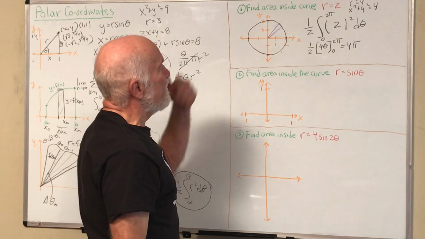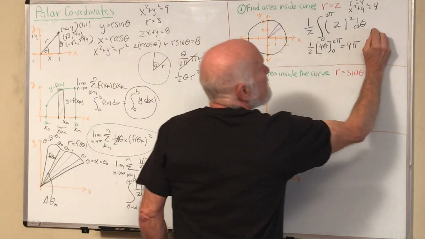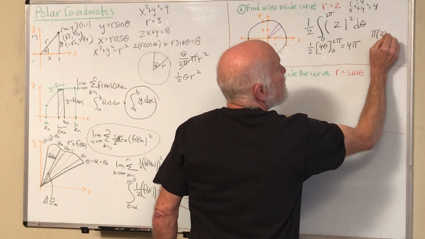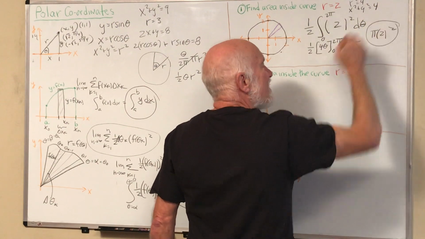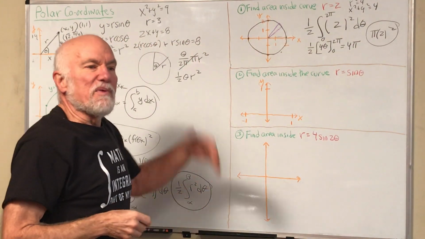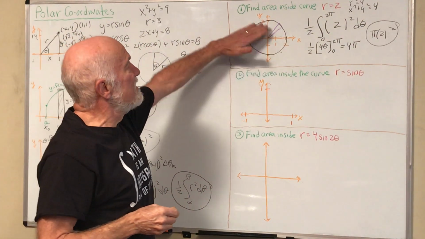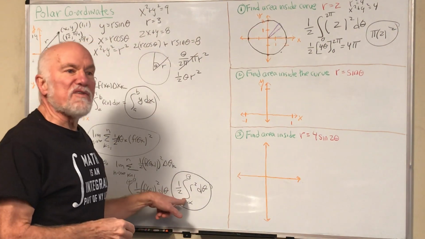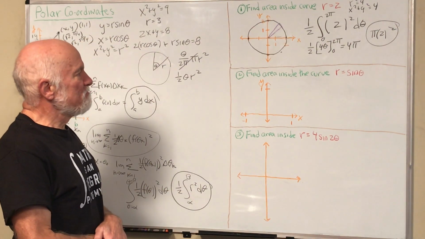What's another way I could have found that area? Pi r squared. Yes, that would have been a little bit easier, but this gives us some confidence in this new formula that we developed. So,